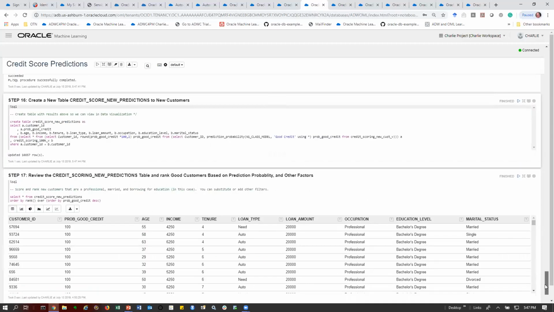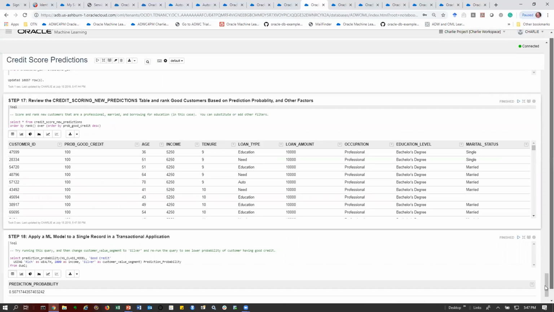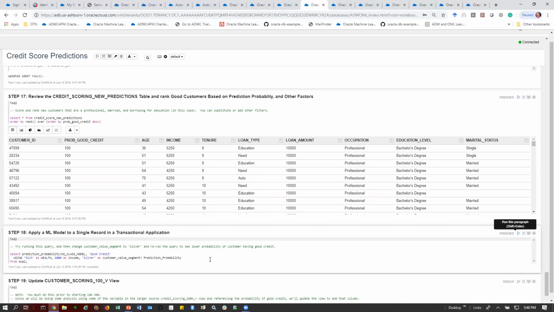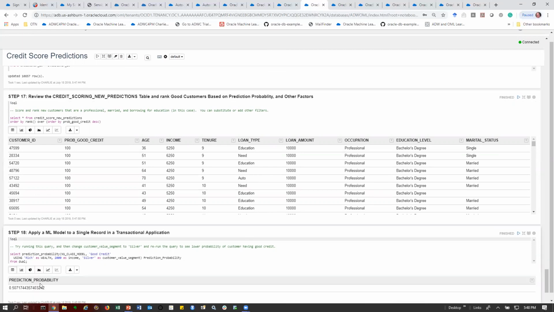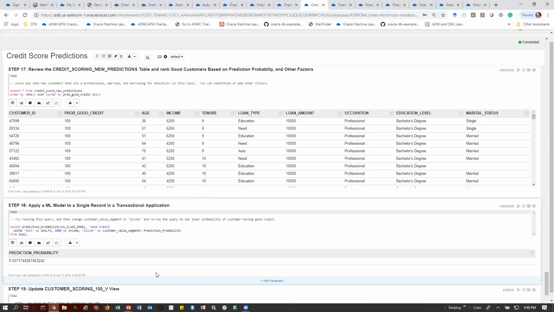And now as we come down here, we can see all the customers that are likely to have very good credit. I can maybe take this over to Oracle Analytics Cloud for further analysis over there. And I can even do little simple things like, not so simple, but I can make predictions for an individual customer. Say, what's this customer who has income as this and silver and so on, what's their prediction probability? So obviously I can take all this, update this table, leave it in the database, and then maybe come back in from Oracle Analytics Cloud or Oracle Application Express and take a further look at this data and investigate it using other visualization and